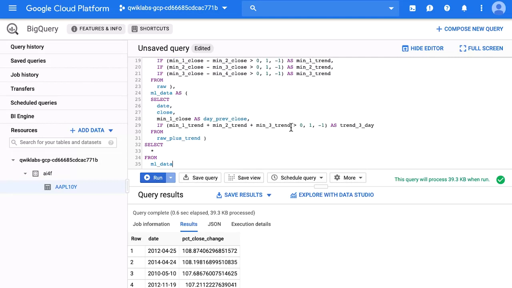Finally, in the ML_data table, we select everything we'll need to create our ML model. So close is what we're trying to predict. Min_1_close is the previous day's closing price. And here in this if statement, we're basically aggregating the previous 3 days' trends. So we're using the if statement as kind of a max function. If at least 2 of the previous days have increased in close value, then we set this to positive 1. Otherwise, it outputs negative 1 for the